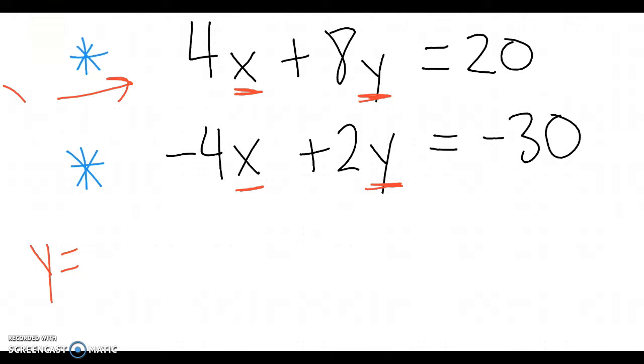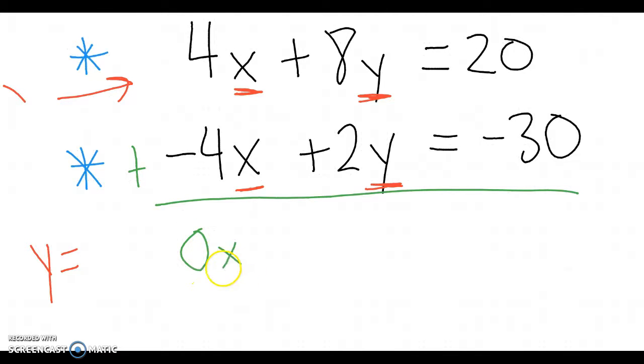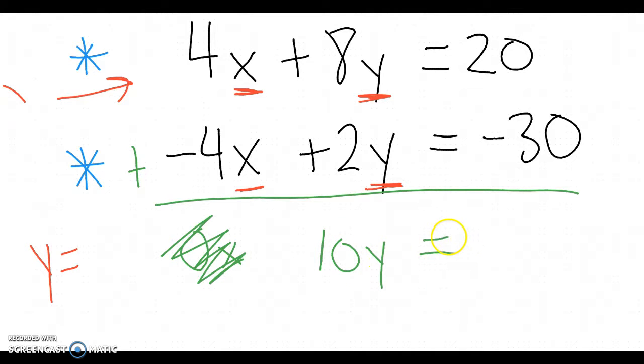Here's how elimination works. Elimination works by adding the two equations together and hopefully something eliminates. So we're going to add these two equations together and we're going to hope that something eliminates. Well, when I do 4x plus a negative 4x, that would become 0x. So it goes away. 0x is the same as nothing. And then when I add 8y plus 2y, I'm going to get 10y. Then I'll have 20 plus negative 30, and I'll get